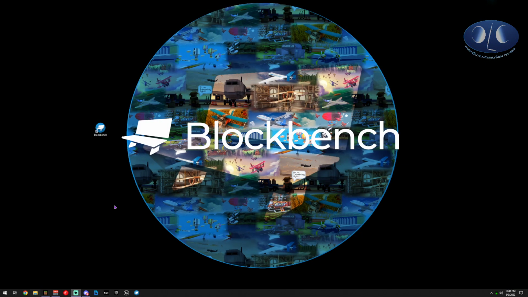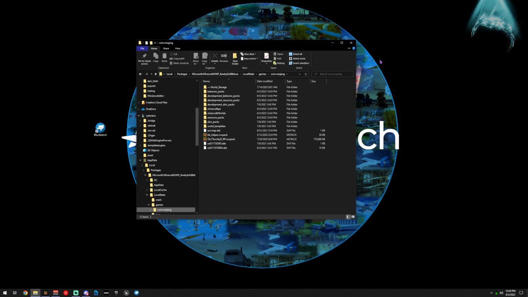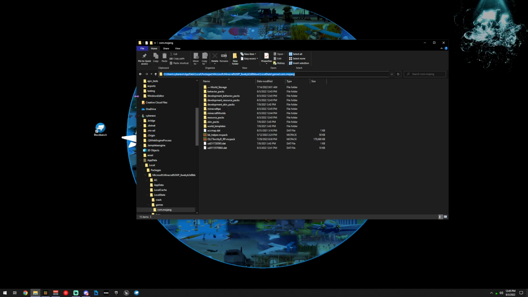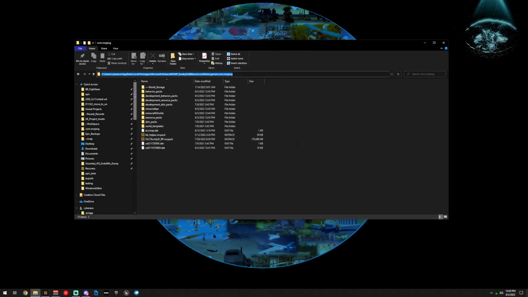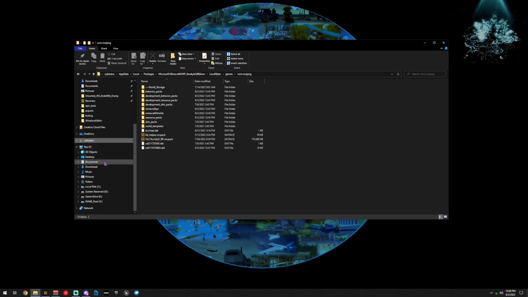And let's go find our model so that we can edit it. So this is kind of hard to find the first time, and then what I suggest is when you find it, you put it over on your quick access. You can see I have the com.mojang over here, and so you want to go to your C drive, which is this guy down here.